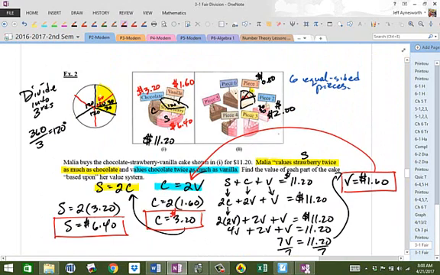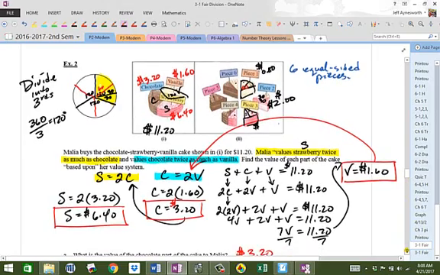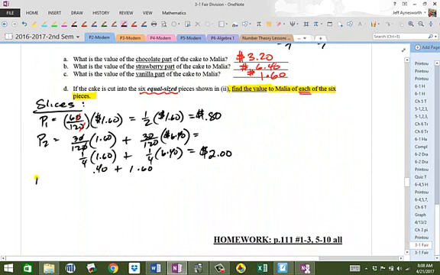Now piece 3, it's pure strawberry. So what's its value? Well, let's see here. This portion of the strawberry right here, if you take a look at it, just conceptually, here's your piece. Notice there's 1, 2, 3 smaller parts of strawberry, and I've got 2 out of 4 parts, so it's half of the strawberry. So it's going to be half of 640. But in respect to angles, it's the 60-degree angle here, because 30 and 30 is 60, out of the 120. So piece number 3, in terms of angles, is 60 out of 120 times